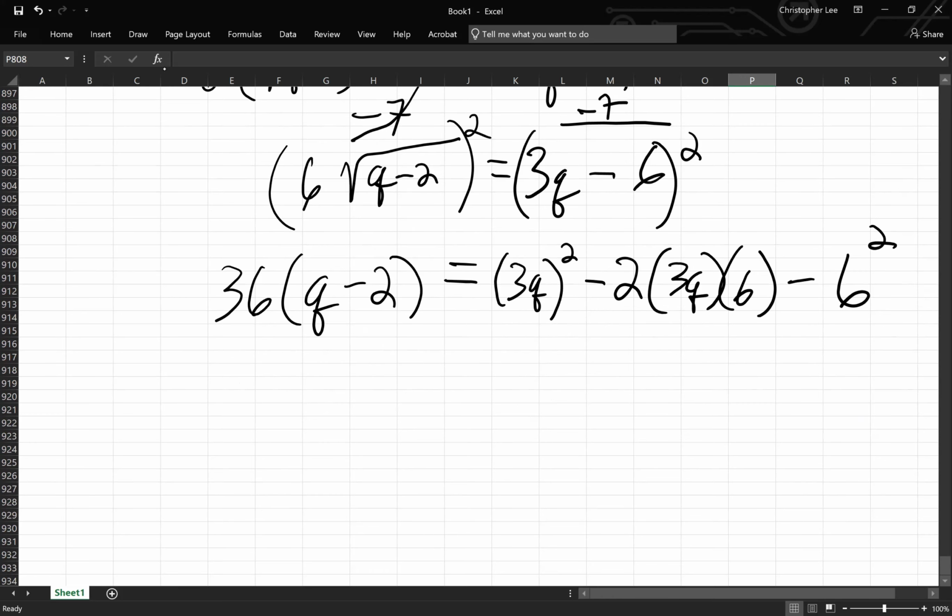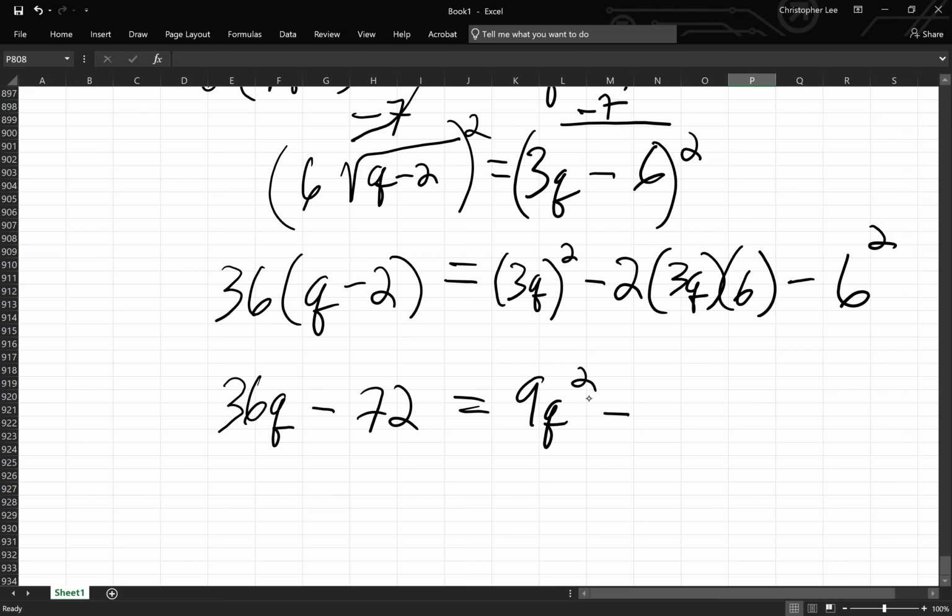A little bit of math, right? Now what am I going to have? I'm going to have 36q minus 72 is equal to 9q squared